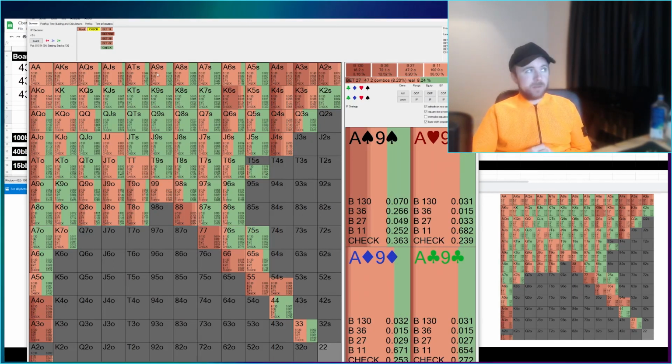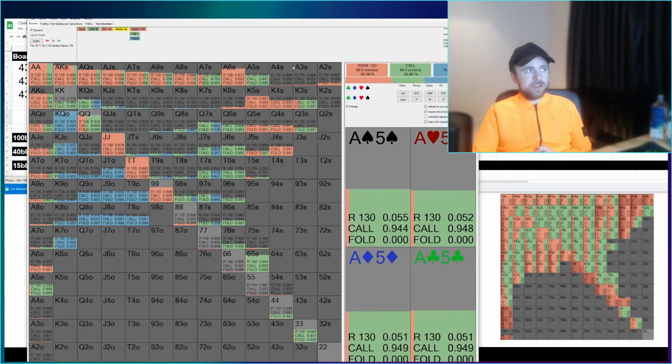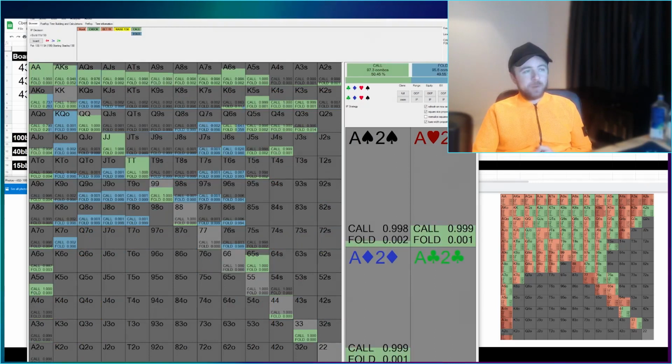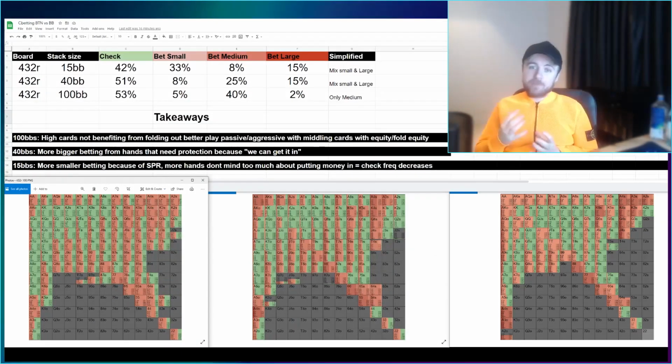If we have ace-9 suited with a backdoor flush draw, and we bet small and our opponent goes for a raise, we're going to see that our ace-x just gets to continue really, really happily, no folding. If our opponent goes for a shove, we can see that we can easily call all of our ace-x. So this is a good mechanic to take away straight away,